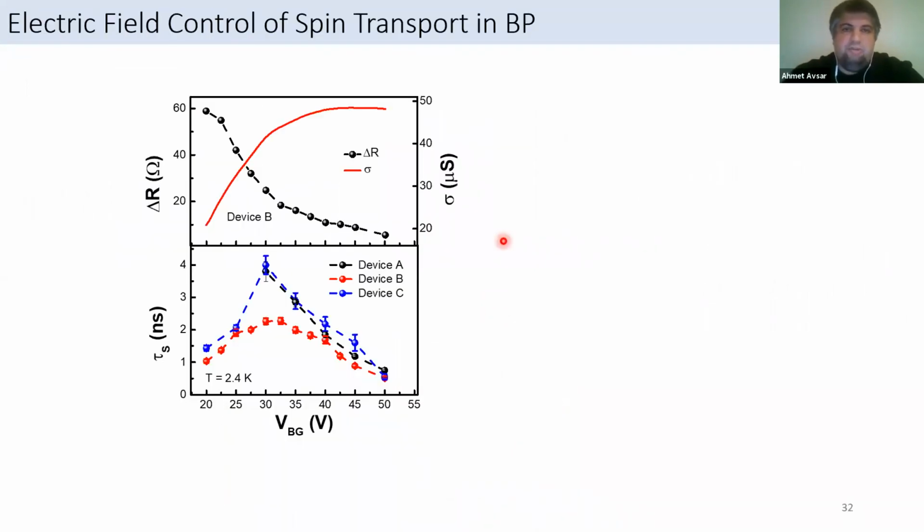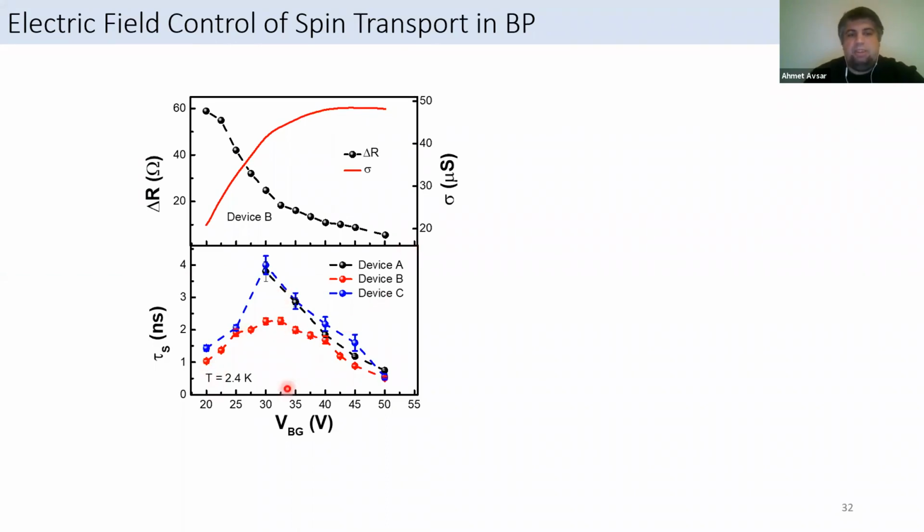And of course, again, we come to the original motivation. This material is a semiconductor. Once it's on, we show that indeed you can change the spin transport properties by changing the gate voltage. And what happens is, first, in almost all devices we measured consistently, we had more results which are not published,